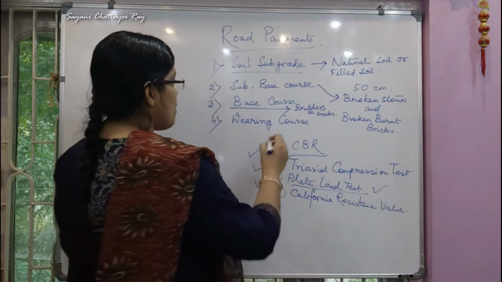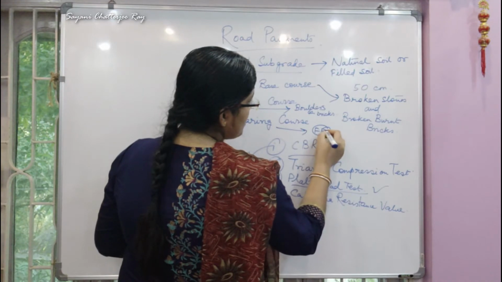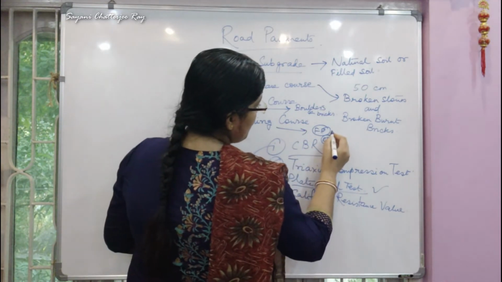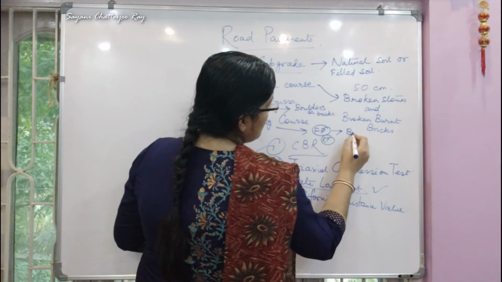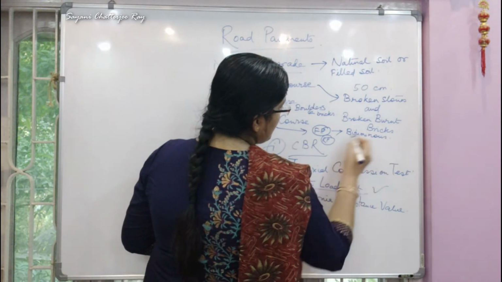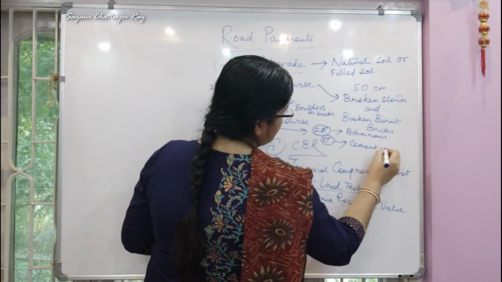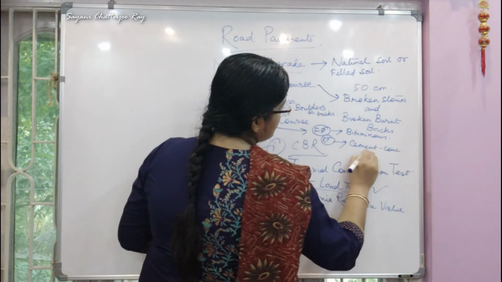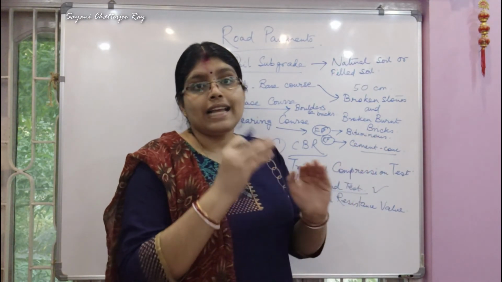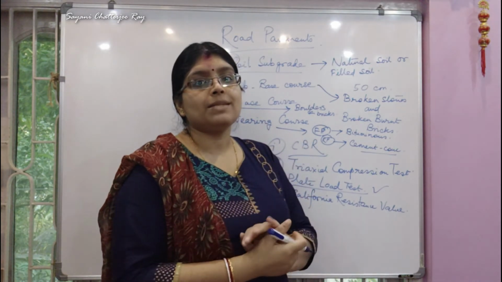So FP means flexible pavement and RP means rigid pavement. In case of flexible pavement we have to use bituminous materials, and in case of rigid pavement, cement concrete. In this type of flexible pavement, that is the bituminous surfacing, each and every aggregate particle is coated well with a film of bituminous materials.